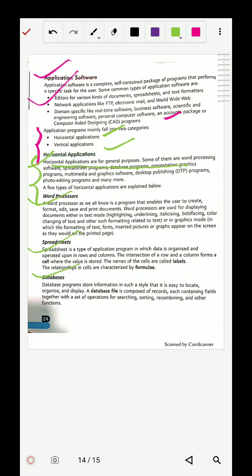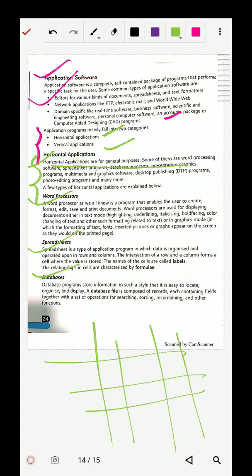A spreadsheet is in tabular form, with many tables. There is a cell. What is a cell? This particular space is called a cell. In the spreadsheet, the intersection of a row and a column forms a cell.